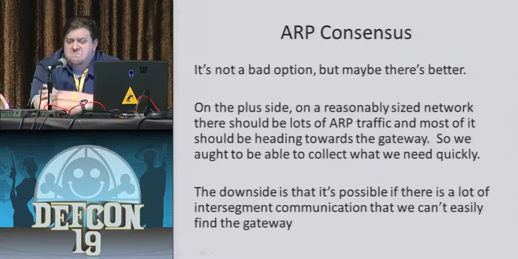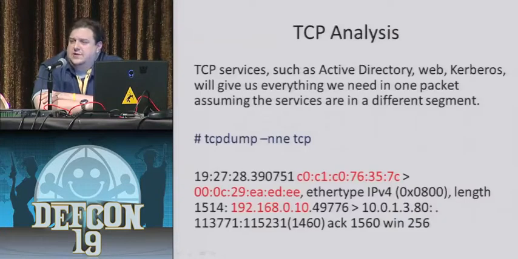I've implemented it. It seems to be the fastest way, especially given the fact that local networks will ARP out fairly frequently, every 15-45 seconds for modern Windows OSs. So you can typically get it up and going fairly quickly in a matter of a couple minutes of just sitting and watching. But I think TCP is actually the way to go because you can get everything in one